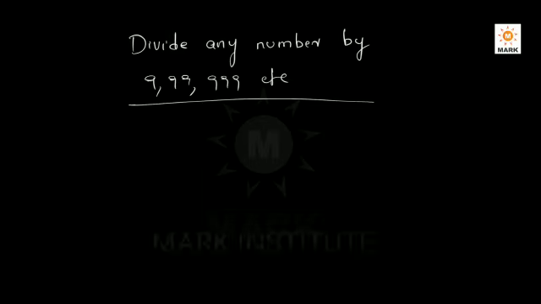To discuss how to divide any number by 9, 99, 999, etc. That means how to divide any number easily by all such numbers made of nines. Just like the normal regular division, in this method also we will be getting both quotient and remainder, but in a faster way. Let us see how to do it.